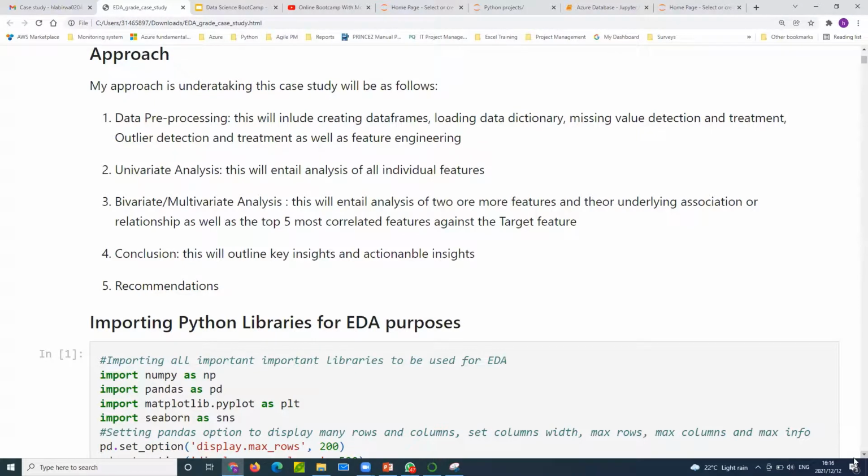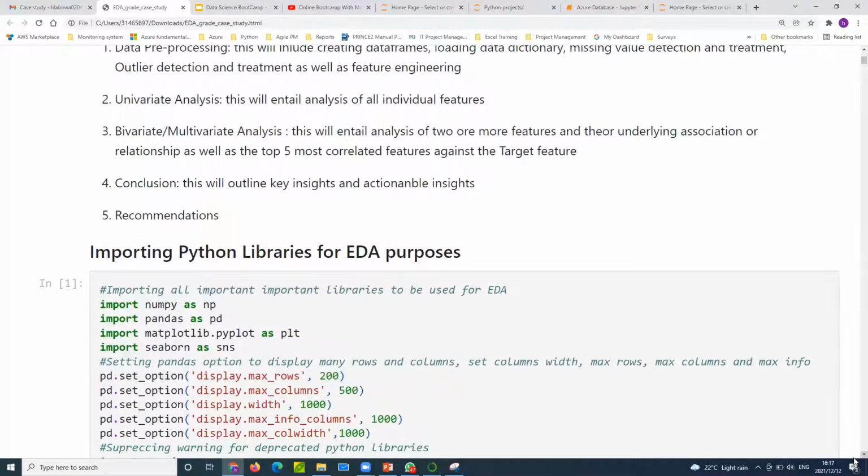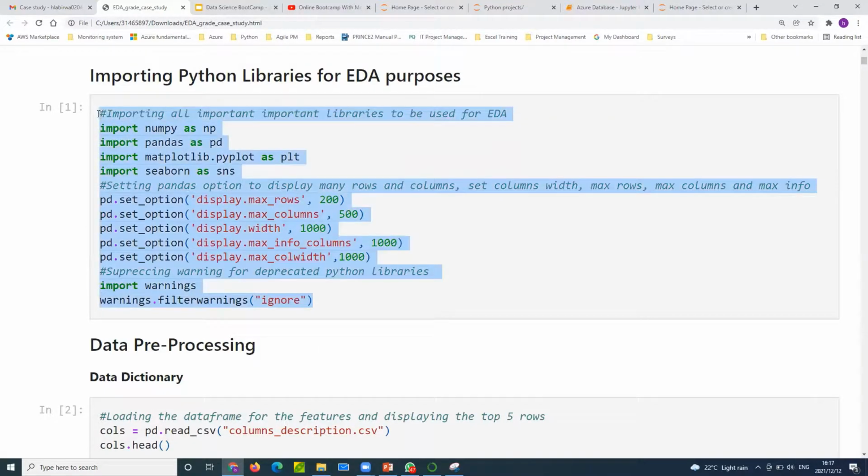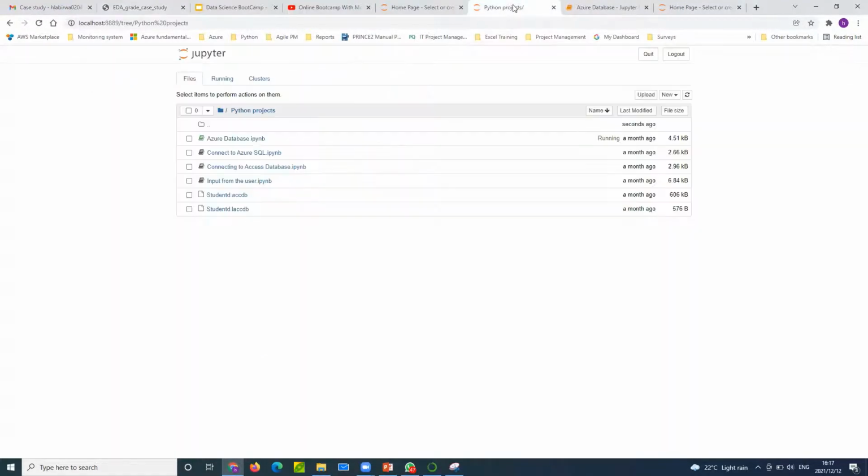So as a data scientist, what is typically expected is you would conclude based on the data that you've been given. You will outline key insights that you've generated and any actionable insights, and also you'll make some recommendations, right? And then if you can scroll down now, we're starting the code. You would remember I mentioned that Python has some key packages that you can use. So in this case, we import NumPy, we import Pandas, we import Matplotlib, and we import Seaborn. NumPy is a library that stands for numerical and scientific calculations that you can do. And then Pandas is a library that works the same way as Excel or as a data